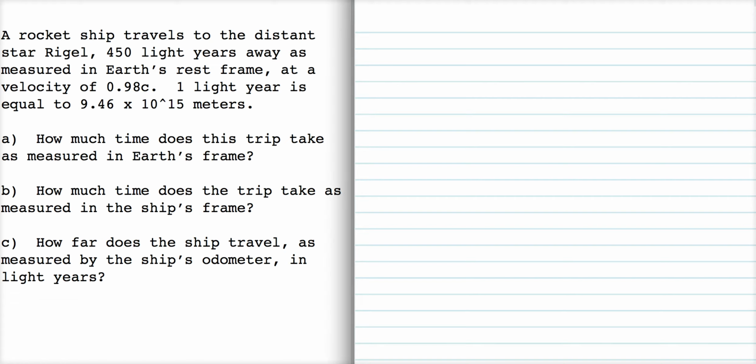Okay, so it's a relativity problem. The first question is asking how much time does the trip take as measured in the Earth's frame. So we would use that distance in the Earth's frame is equal to the velocity times the time measured in the Earth's frame, right? Now, let's see if I rearrange this. We get that the time is equal to the distance, which is 450 light years, divided by the speed, which